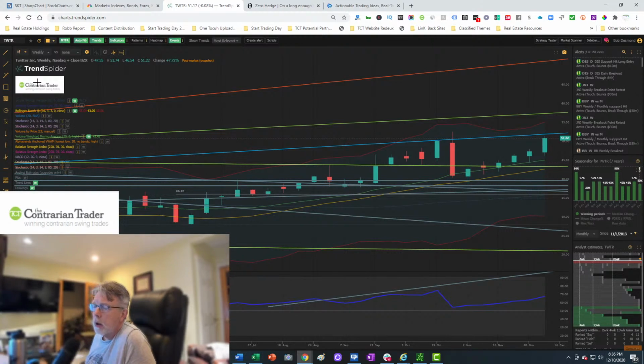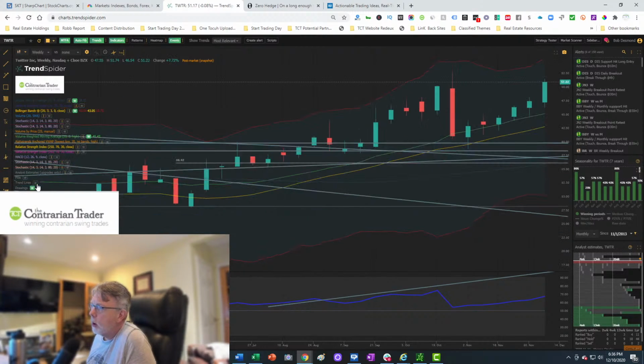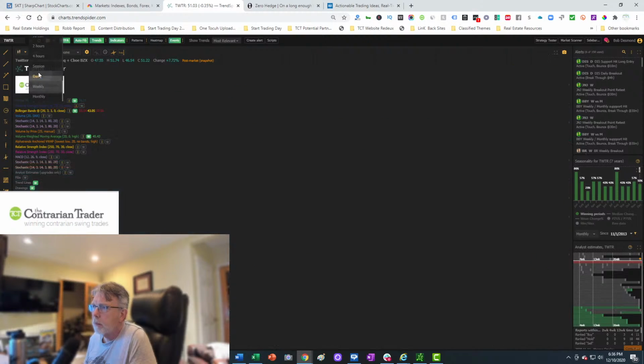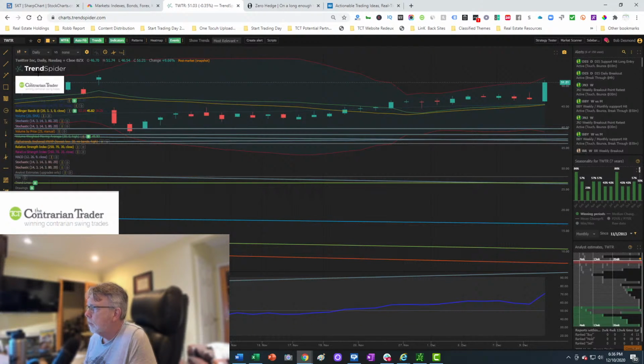Weekly chart, take note. Again, I'm going to take off the trend lines, or the resistance lines. Here you go. You have a lot of resistance above. And we've been rejected there not once, but twice before. So keep in mind you have overhead supply immediately above at around, let's call it 52.75. Daily chart. Huge breakout today. Huge.